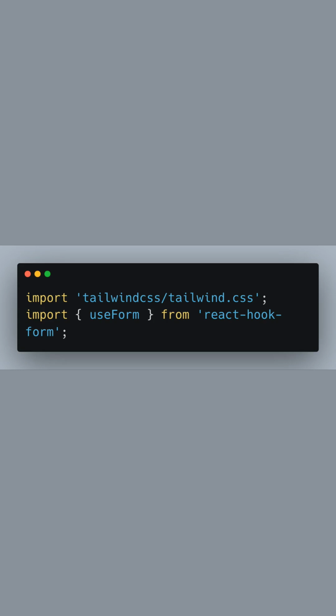Welcome to our tutorial on integrating TailwindCSS Forms plugin with Next.js form handling. We begin by importing the base TailwindCSS stylesheet to make sure we have access to all utility classes. Additionally, we import the useForm hook from React Hook Form, a library that simplifies form validation and handling in React